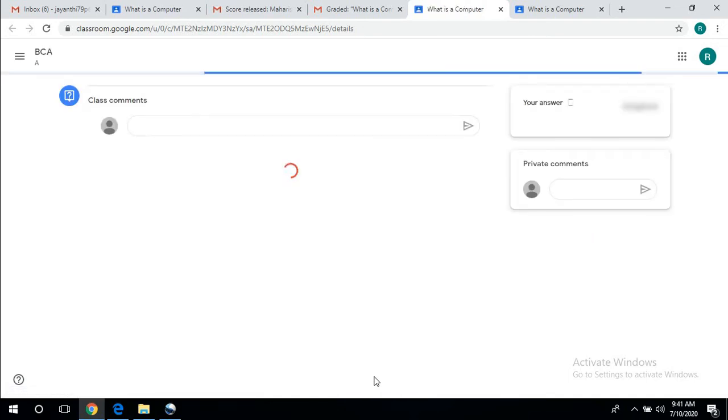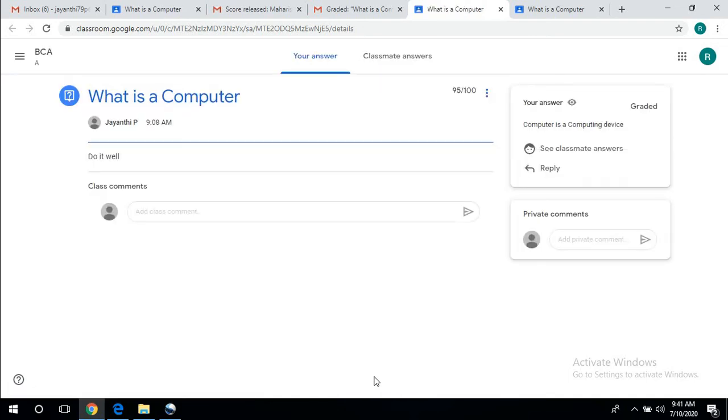Click Open to view our marks, and whatever answer we had typed, we can view there. The marks and the answer we are viewing here.